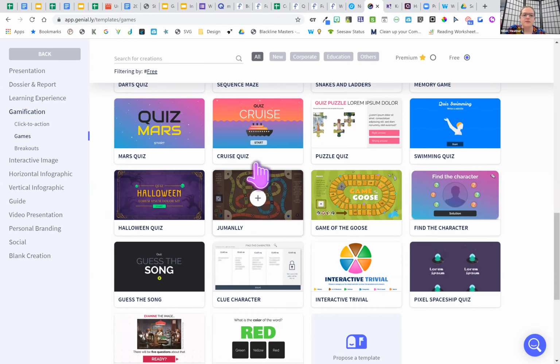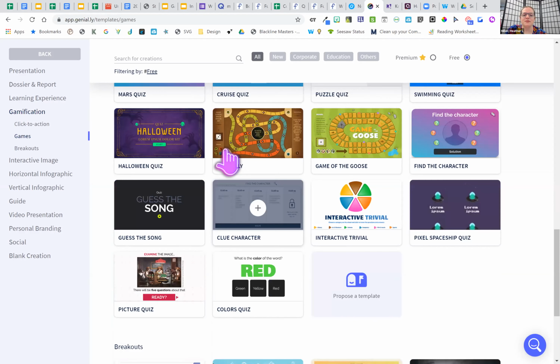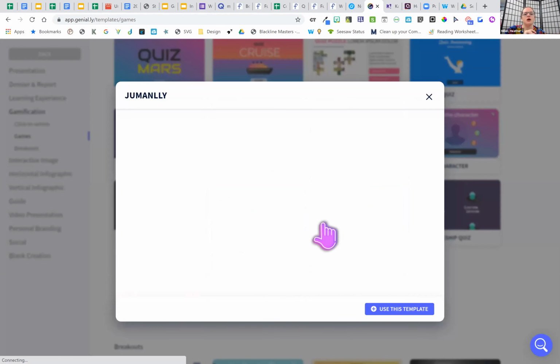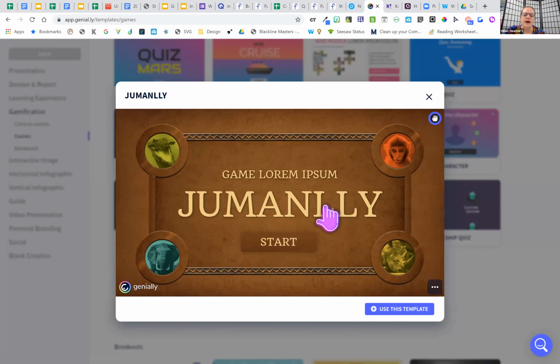I had a PE coach, I think I actually have it in my library to show you, who did a Jumanji game because she wanted the kids to play with their parents at home. Each little spot on the game was like, do 12 jumping jacks, or go run to the kitchen and come back. So she changed each of these little spots.